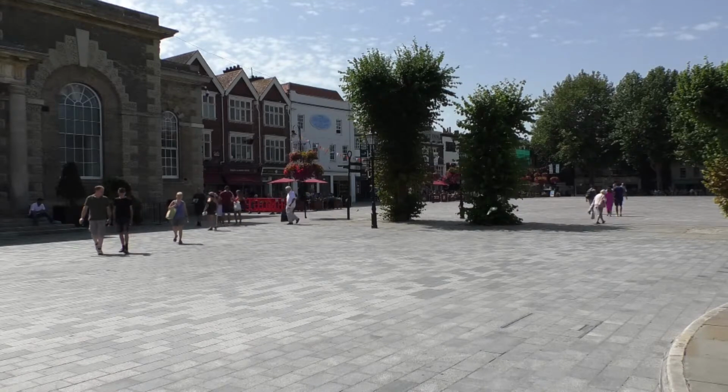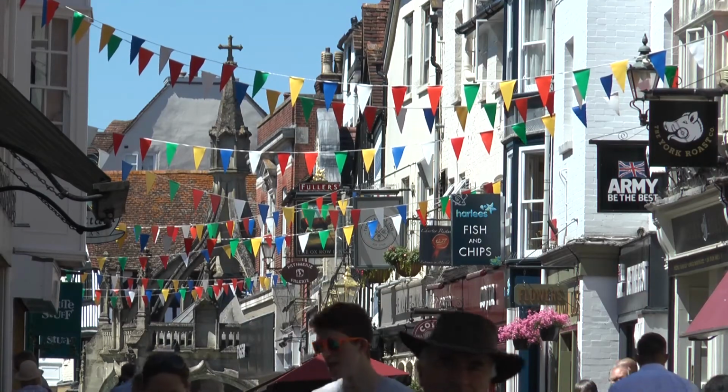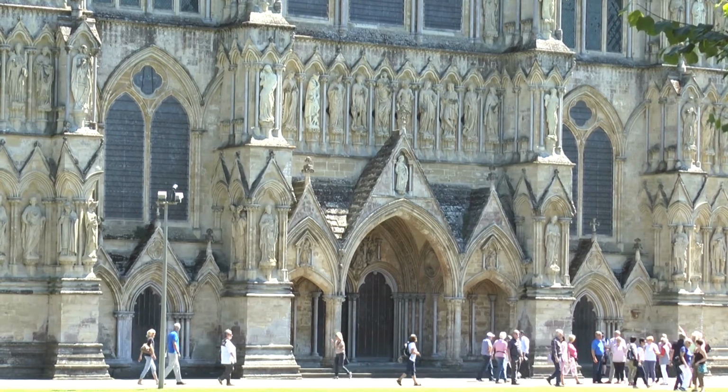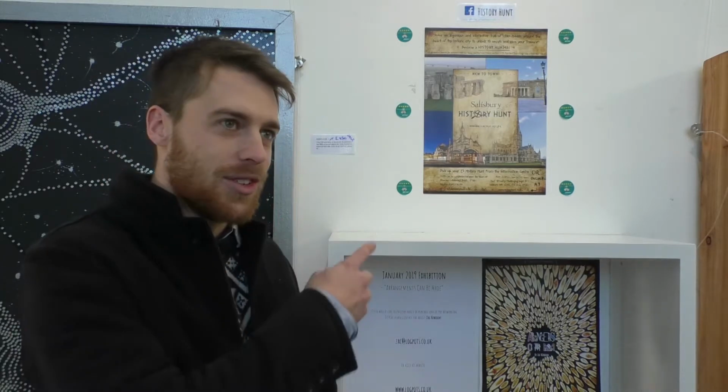The real trick for me with History Hunt was trying to use the information of a city as the clues. In the past, I've actually left clues for people to rummage around and find, so it'll be more of a temporary treasure trail. But for History Hunt, it's all about using the actual information of the city, and then I've moulded that into a clue, and then from one point they'll solve a clue to then lead on to another bit of information, then they'll solve that. And so it's really, as they're unravelling the story of Salisbury, they're also